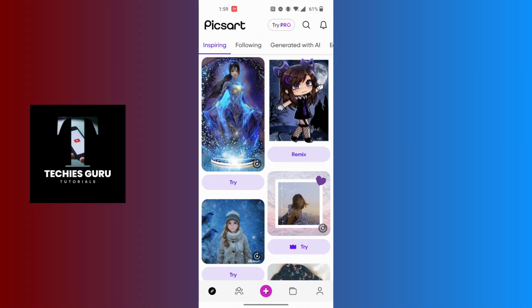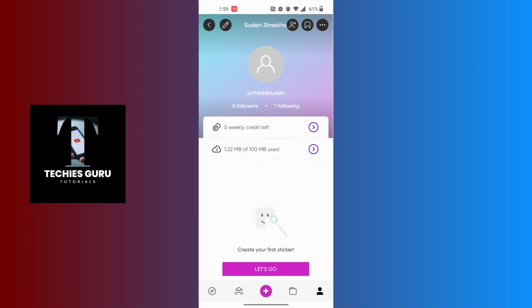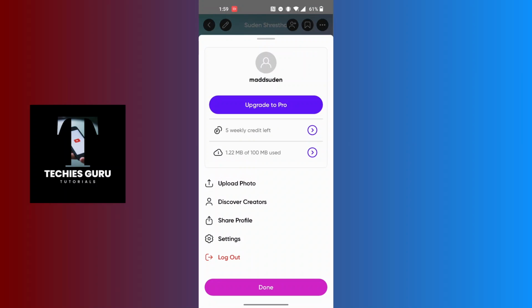Tap on the person or the profile icon at the bottom right corner of the screen, and you land over here again on this interface, which is your profile interface. At the top right corner of the screen you can see the three lined icon available for us. Tap on the three lined icon at the top right corner of the screen, and this kind of panel will open